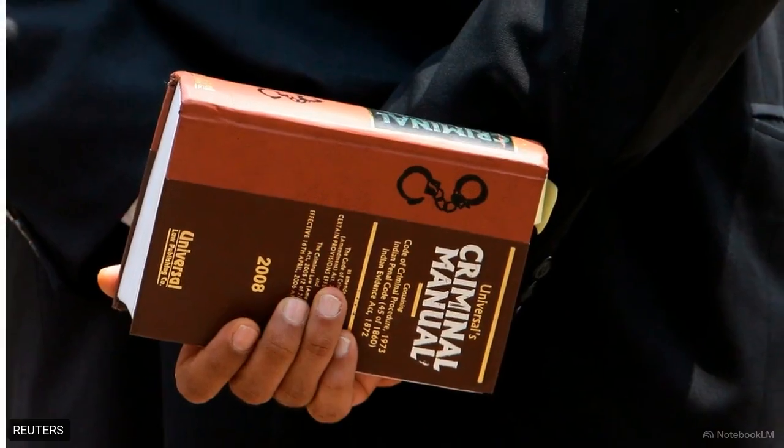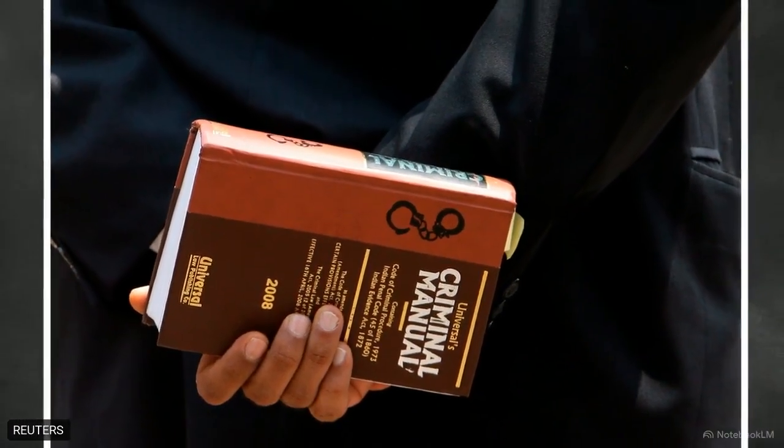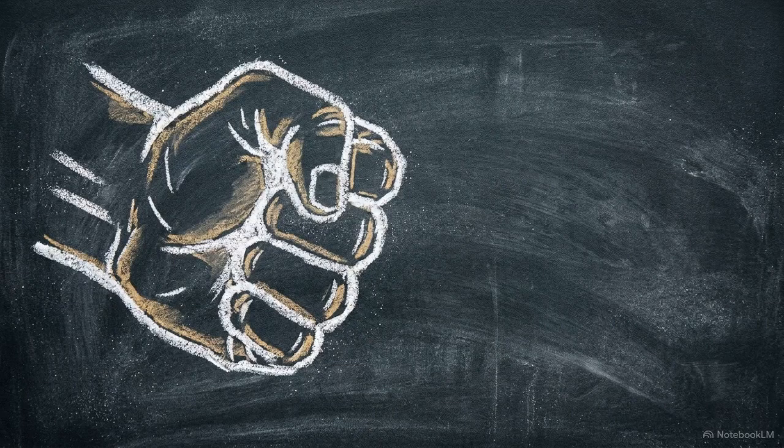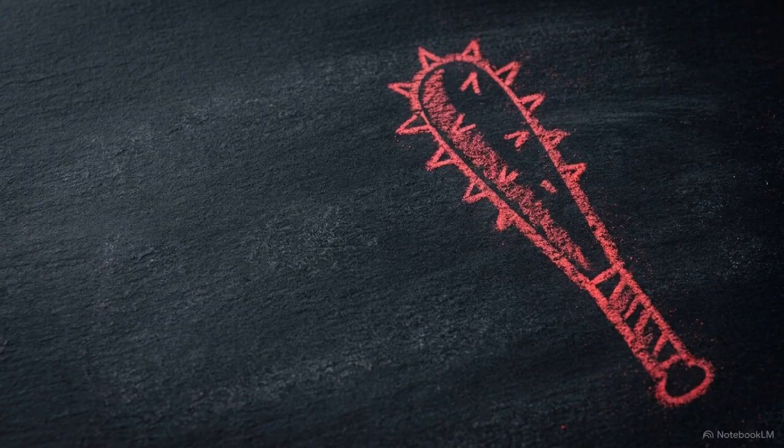The landmark case R versus Govinda provides the physical application. A single punch resulting in a fatal fall is likely to cause death, qualifying as culpable homicide. Repeated, severe blunt force trauma to the head is sufficient in the ordinary course of nature to kill, which defines the act as murder.